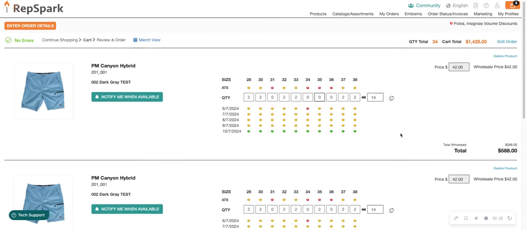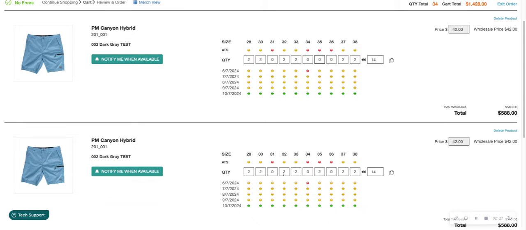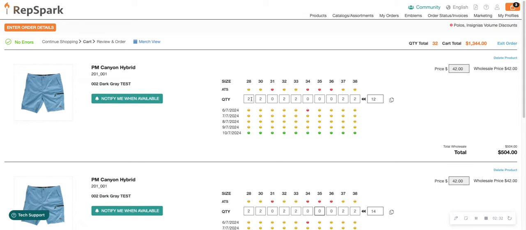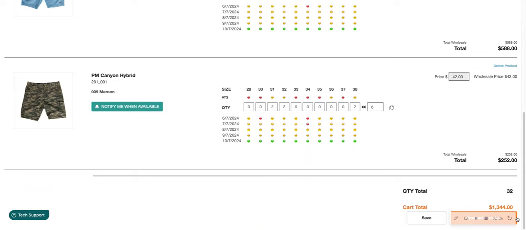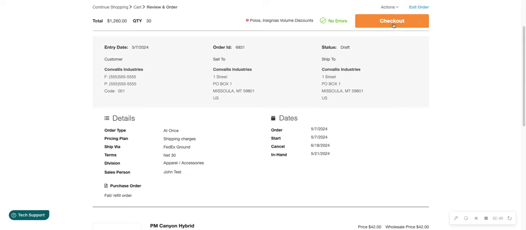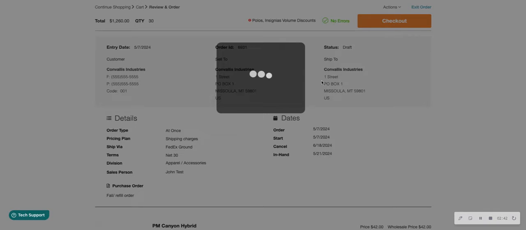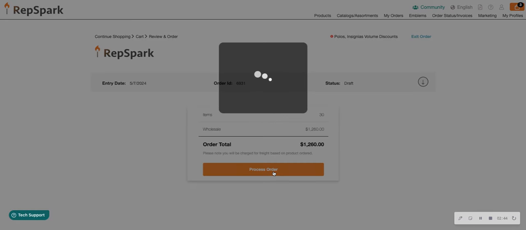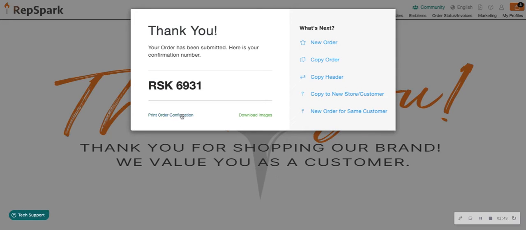It looks like this one is now out of stock. Let's make sure everything is in stock so we don't have to split any orders. And again, we can just go ahead and place the order. I'm going to check out, process order. And as usual, I can print my order confirmation. I can download images,